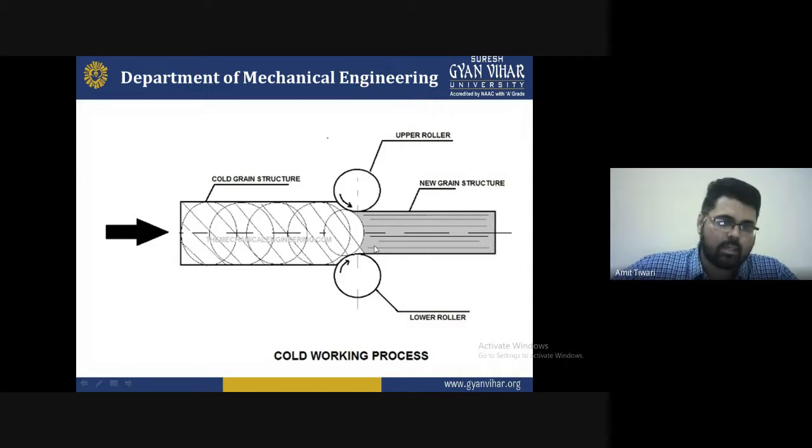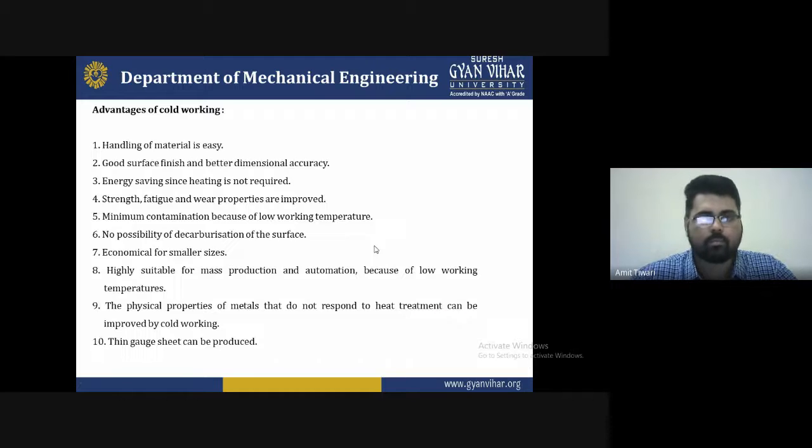So these are some benefits we will be provided for that. Advantages of cold working are, first, the handling of material is easy. Second is a good surface finishing and better dimensional accuracy. Handling is very easy, it is not difficult in the task. Second, it is a good surface finishing and better accuracy we are providing with the help of